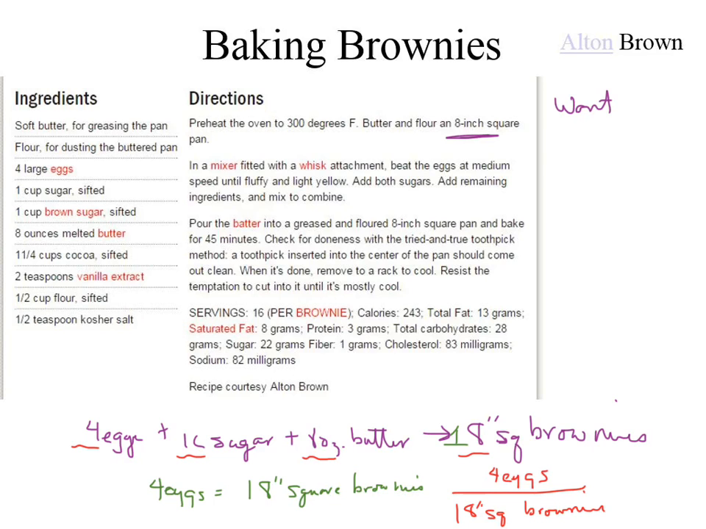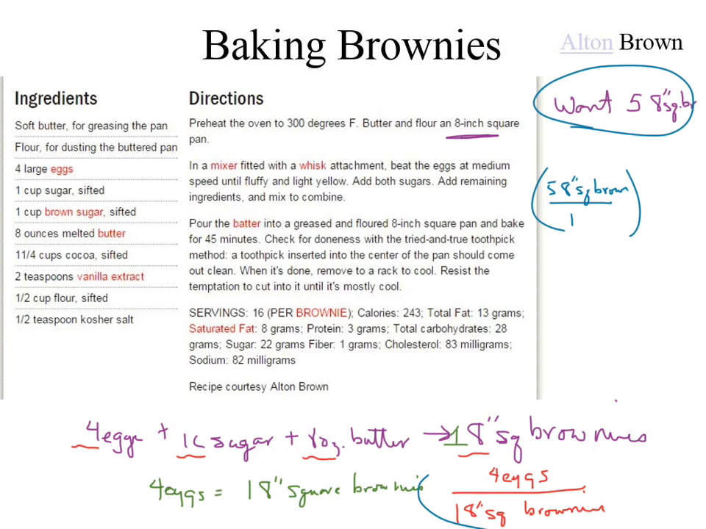let's see, we're making it for an army. Let's say you need 5 8-inch square brownies. Okay, let's say that's what you need or what you want. Here's how the problem would go. Basically, you would start out with what you want, which is 5 8-inch square brownies. And do you see where if I go ahead and take this ratio down here, I can insert it here,